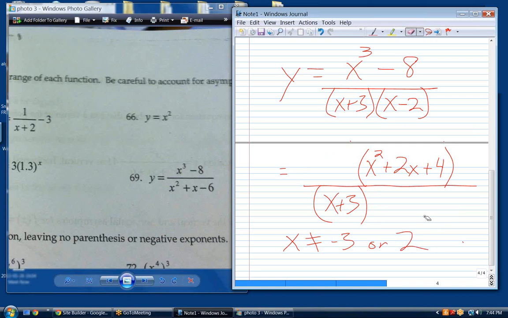I still cannot let x be equal to 2 because I have to abide by the domain restrictions of the original function. And just because I was able to cancel out the x minus 2 doesn't mean I can ignore that restriction. So in terms of the range,